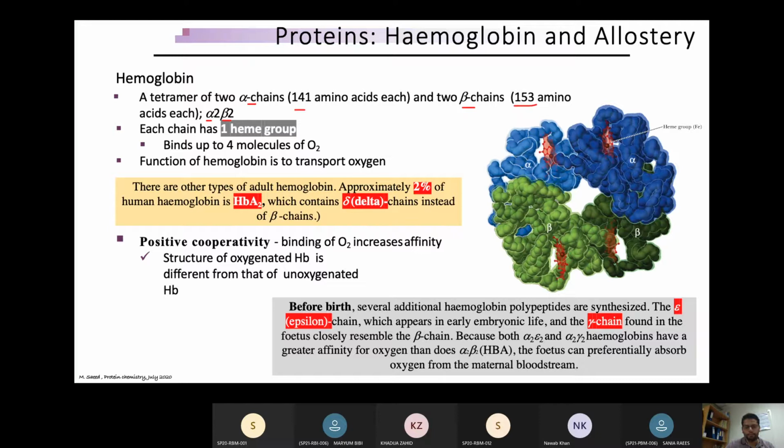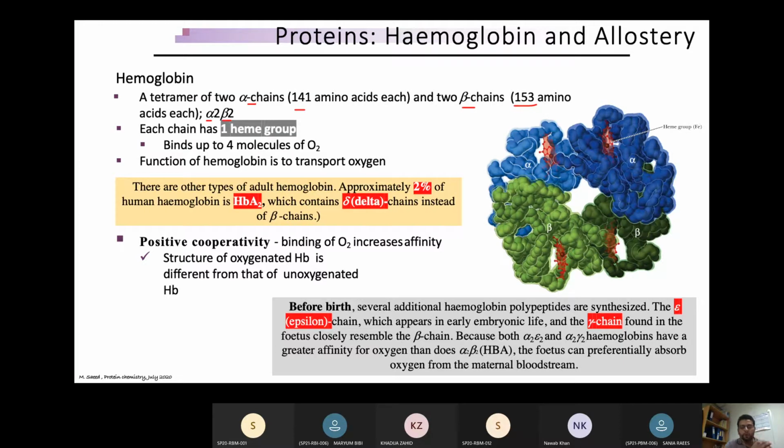हमने देखा porphyrin ring को myoglobin के केस में भी. So that means up to 4 oxygen could bind to these hemoglobin molecules. So you could see these blue are alpha chains, the greens are beta chains. So alpha and beta, 2 alpha and 2 beta can join together, they make a hemoglobin molecule, and each of these subunits contains a porphyrin ring, heme containing molecule जिसके साथ oxygen bind कर सकती है.